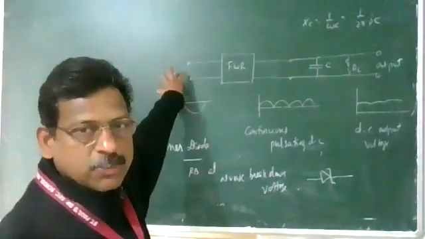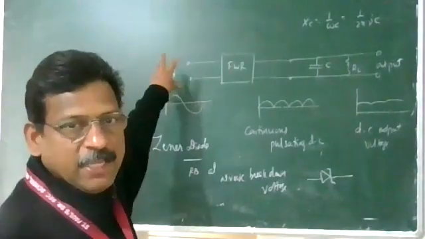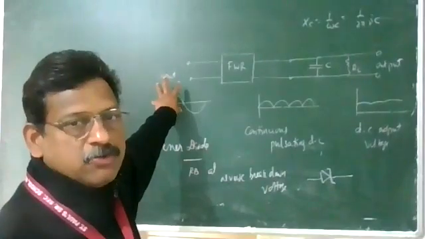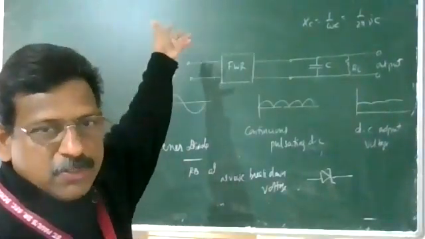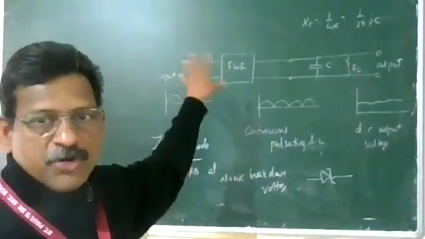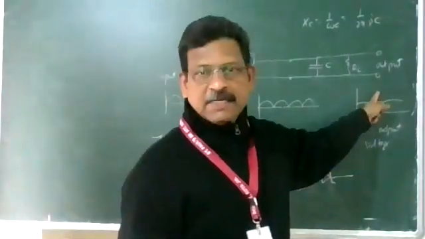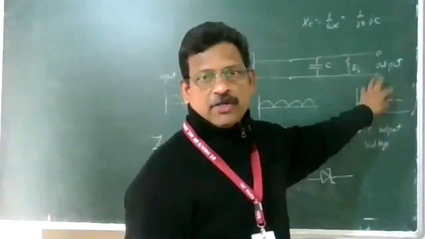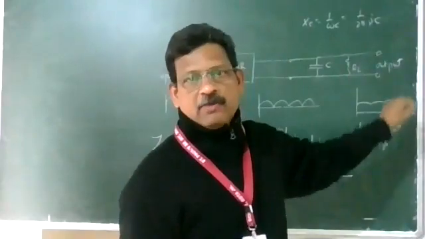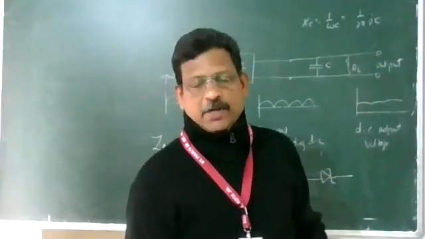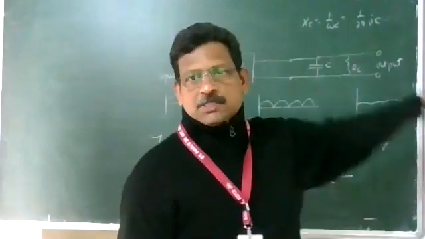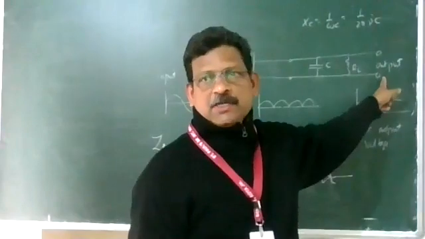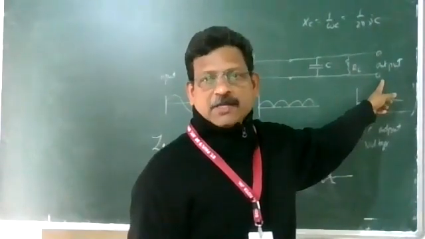So what is the voltage stabilizer circuit like? The input voltage, 220 volt, is the supply voltage coming to your house. Suppose it is increasing to 300 or decreasing; it can either increase or decrease. Correspondingly, this DC voltage also will change. But we want to get a fixed voltage of 10 volt or 15 volt. If the input changes, this output also will change, and it is called unregulated DC supply voltage.